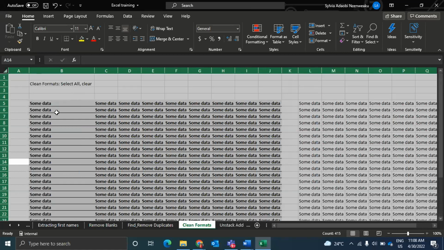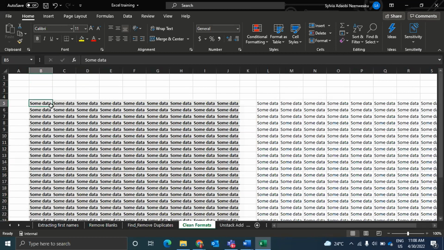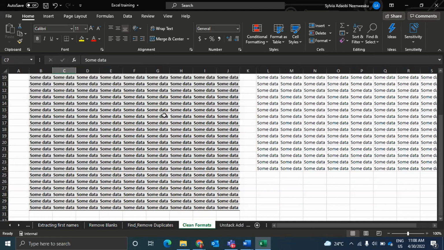So obviously, this is bigger because we have this input with bigger text. So if we do that again, it's going to resize, readjust to some data. So that's just a way to